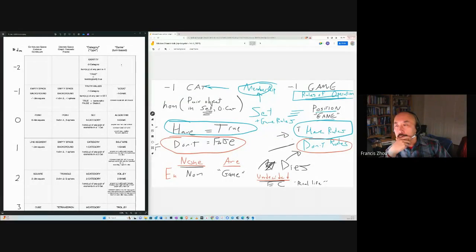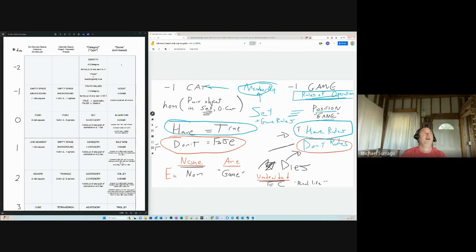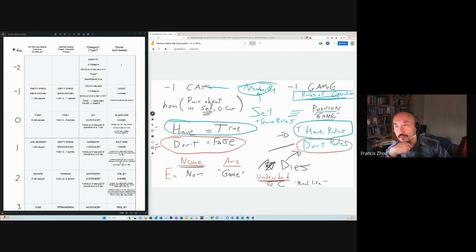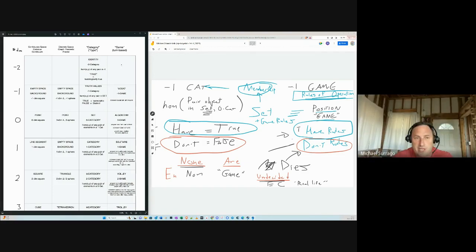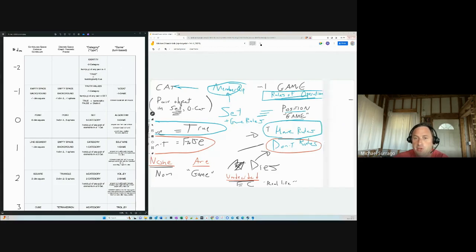Yeah, I'm looking at the chart, right? So logic, a -1 dimension game, we're saying these are the rules. And the -2 in that empty square right now, it's just whether you have rules or not. This is a bit of a reach, but I think I have it. I'm going to slide 20. In the case of a -2 game,